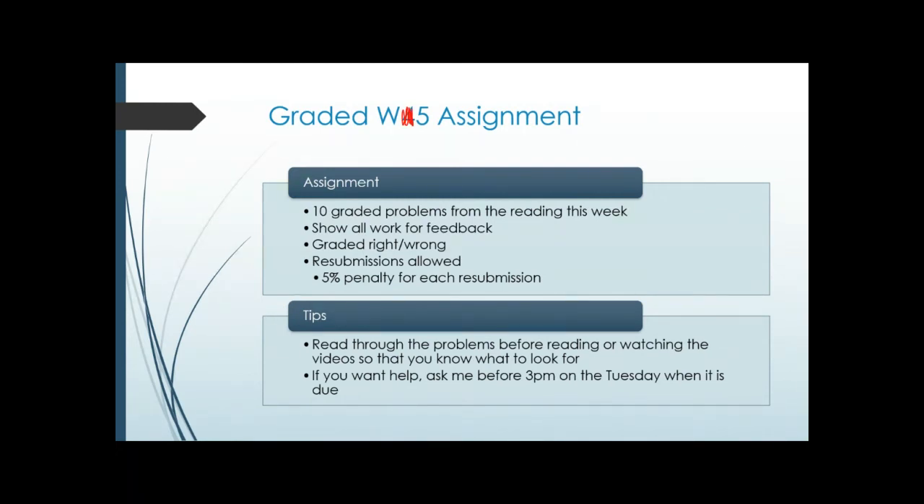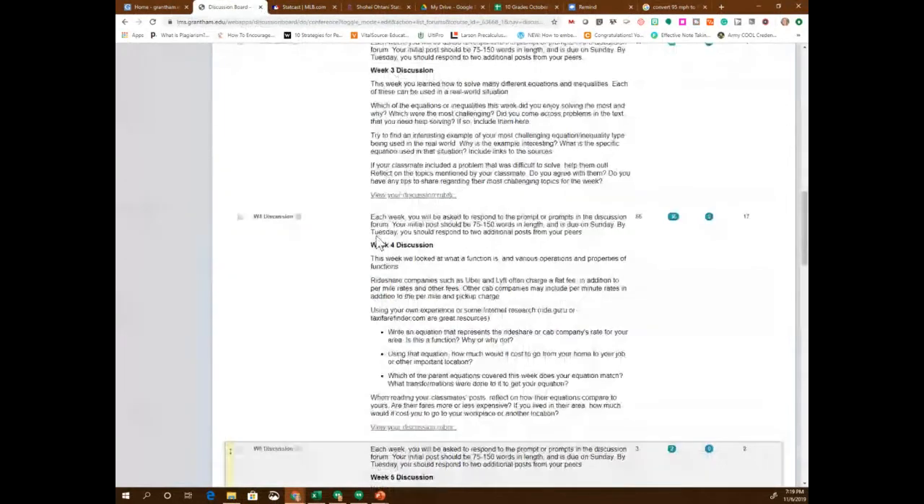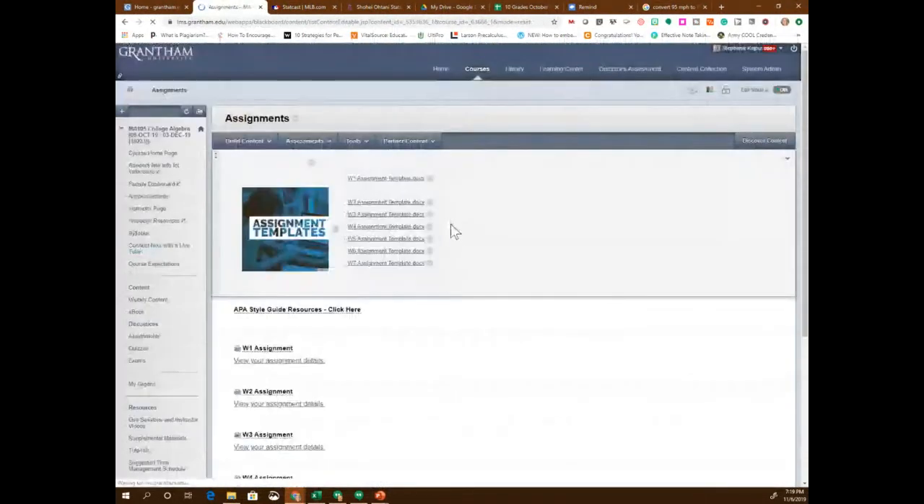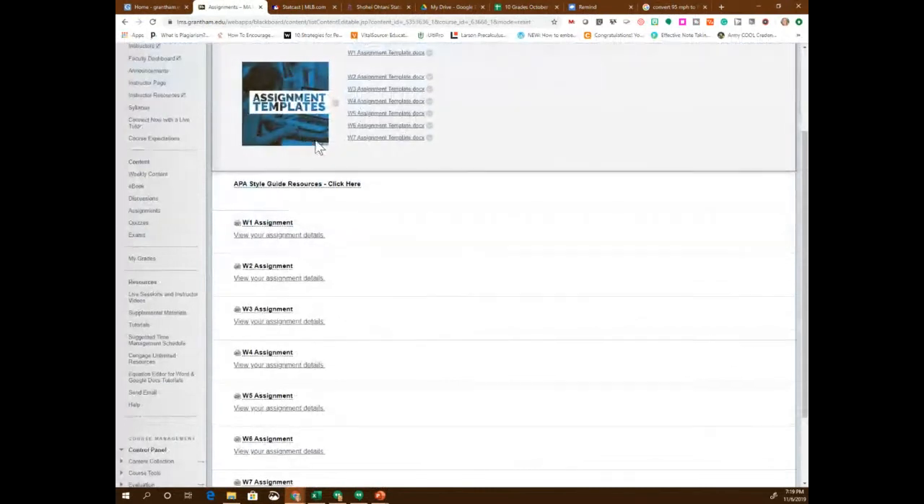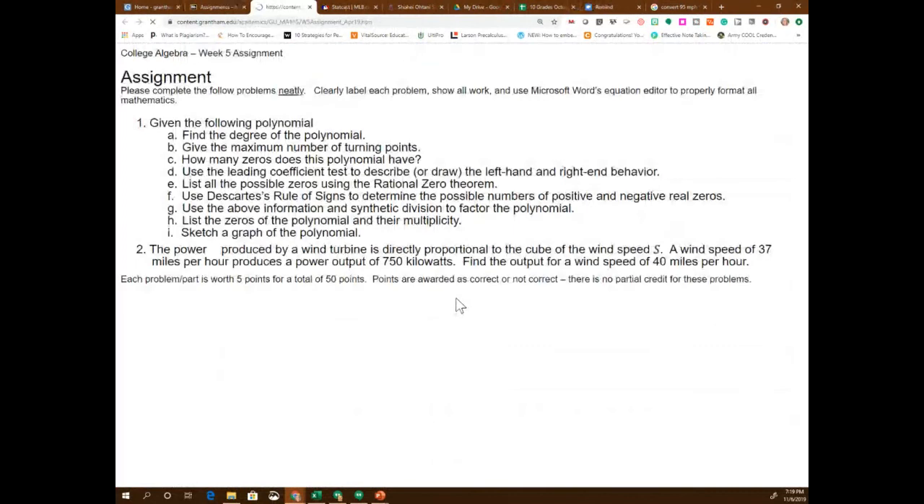So the week 5 assignment, I do want to particularly talk about the week 5 assignment because this is going to be very different from what you've done before. So I'm going to actually pull up the assignment. And I do have, if you haven't noticed, when you hit assignments, I have these templates. Oh, good, it's still zoomed in. So the week 5 assignment is